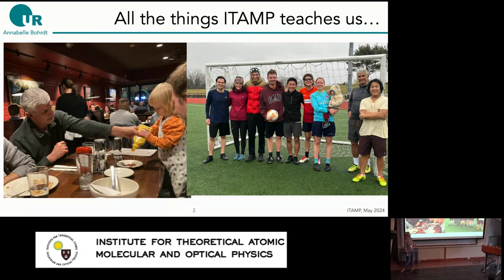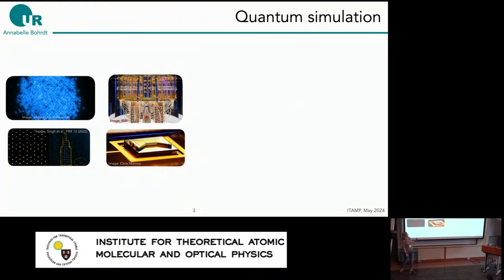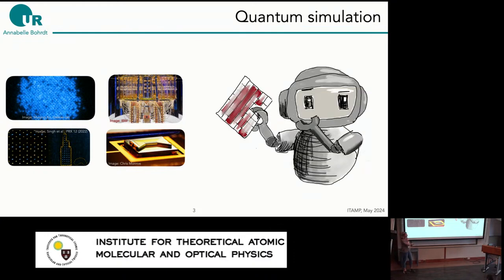So now let me start by telling you a bit about what we are currently working on: trying to simulate really hard, strongly correlated quantum many-body systems by combining what we can get out of quantum simulation experiments and machine learning, and in particular neural networks. So okay, we know all of these different platforms for quantum simulation, like trapped ions, Rydberg tweezer arrays with atoms and optical lattices, and so on. And what I want to tell you about today is how we can use data that comes out of these experiments in combination with neural networks to